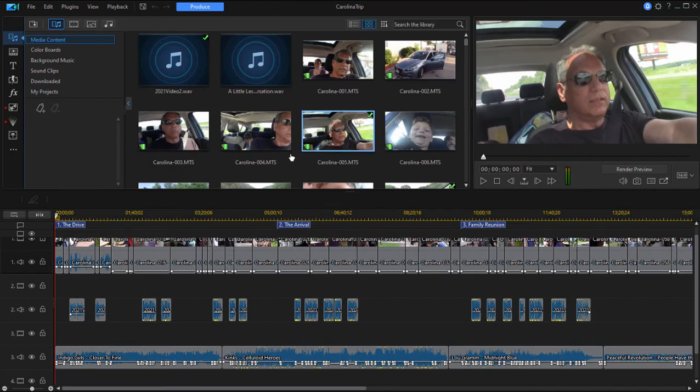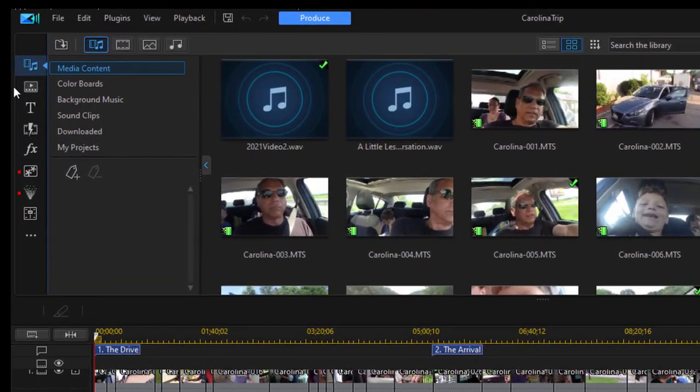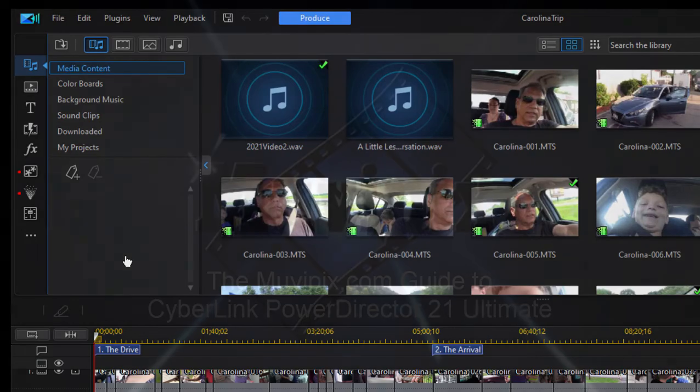In part 3, I want to take you through and just introduce you to the rooms, which are up here in the upper left-hand corner. These rooms are where you're going to find your effects and your music and your titles, and where you're going to do some of your more advanced work. We'll take a look at that here in